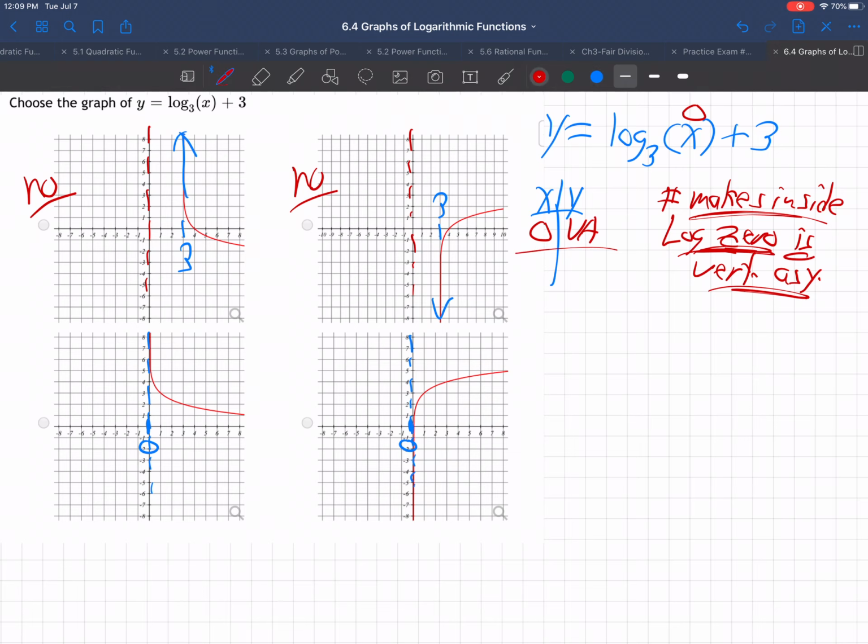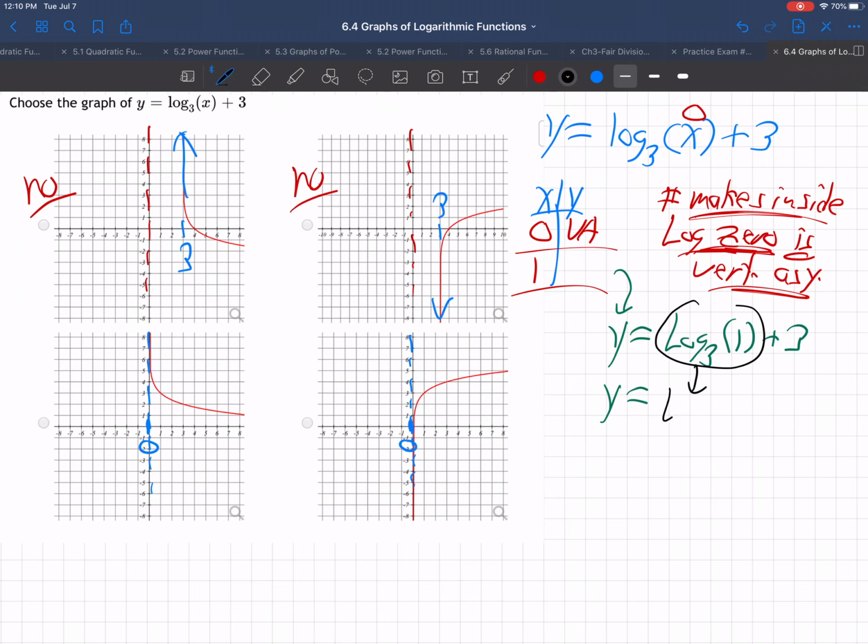Okay, and where do we go from there? Well, then just go up by 1 and plug in. So I'm going to say y equals log base 3 of 1 plus 3. Now, to do this on your calculator, remember this is important. This is the part that gets a lot of people. You have to make it into 2 logs, where the base goes to the bottom,